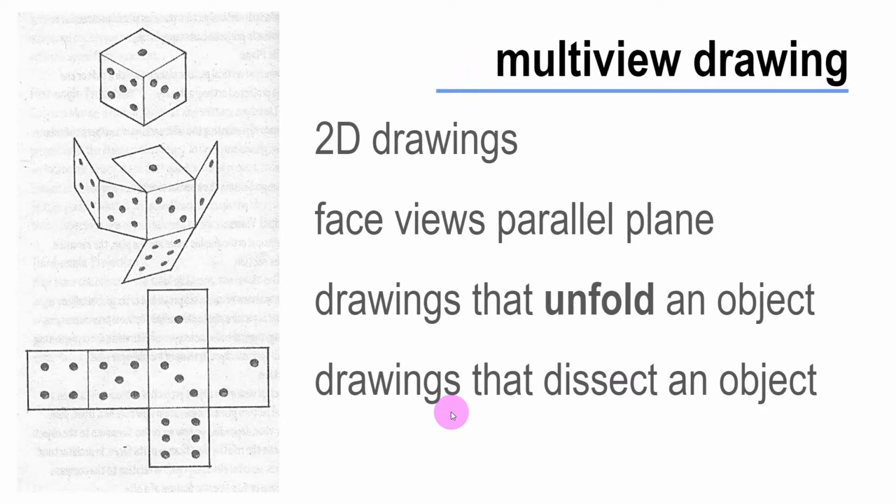So again, another way we'll often refer to orthographics is as a multiview drawing. And we're taking each of those principal faces and breaking it down onto a plane. So all objects have 6 faces to go along with those 3 dimensions. Those 3 dimensions, again, are width, height, and depth. The 6 faces would be then front, back, right, left, top, and bottom. And so we're taking a 3D object and we're essentially unfolding it